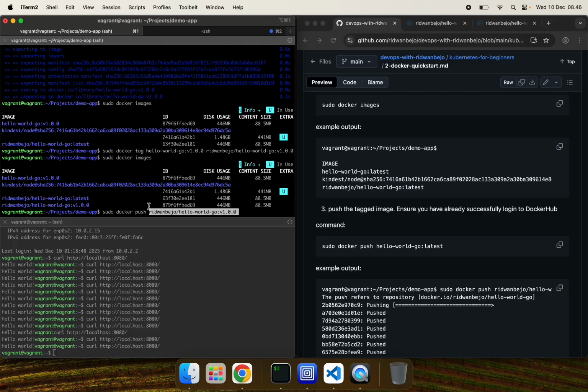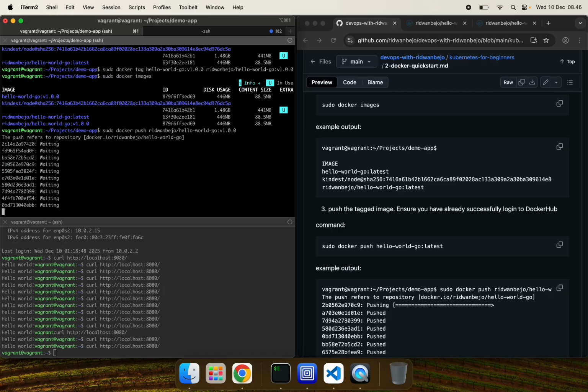What does this mean? We can push the Docker image to the account called Ridwan Bejo, to the repository hello-world-go, and the tag will be v1.0.0. It works.